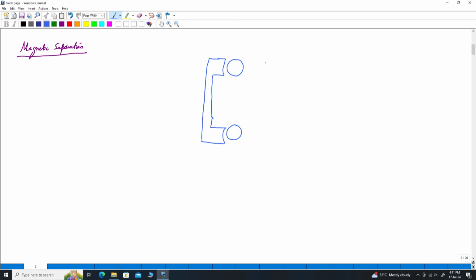And we have the other pole piece like this. And we have a coil that goes about like this. So, we have the coil,